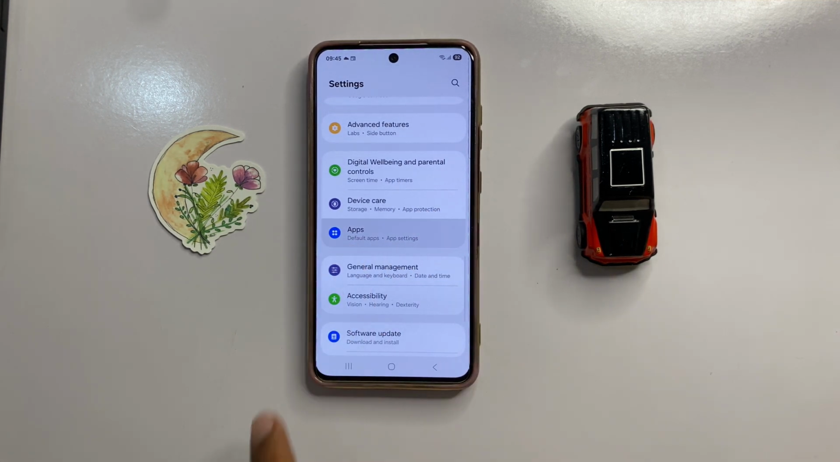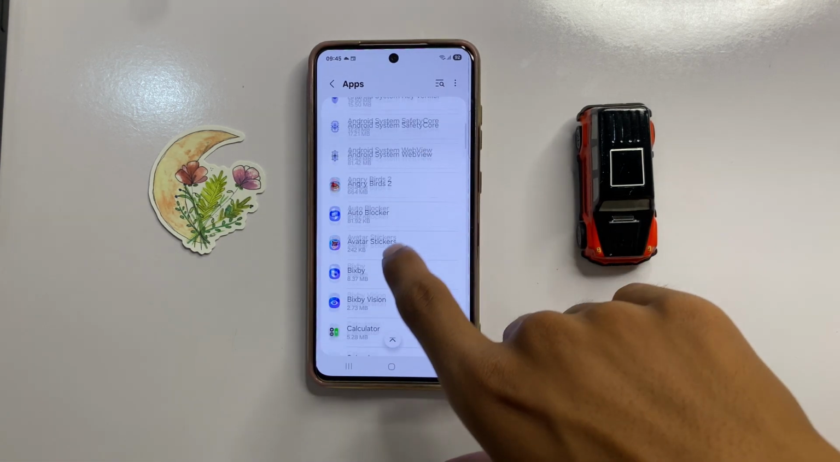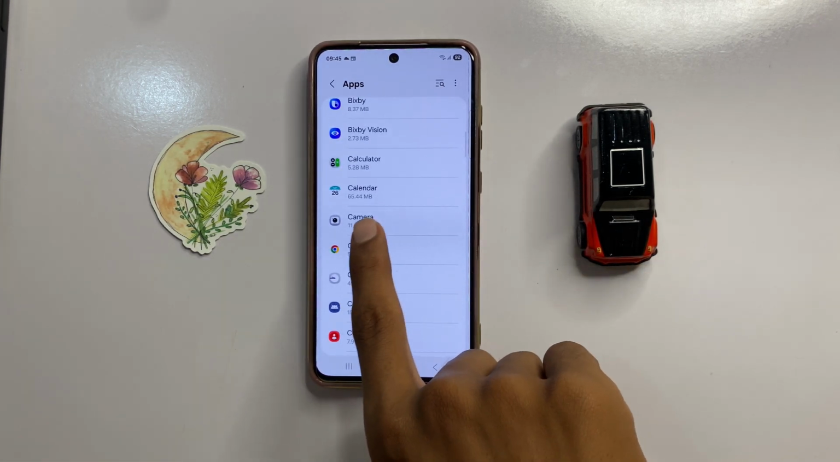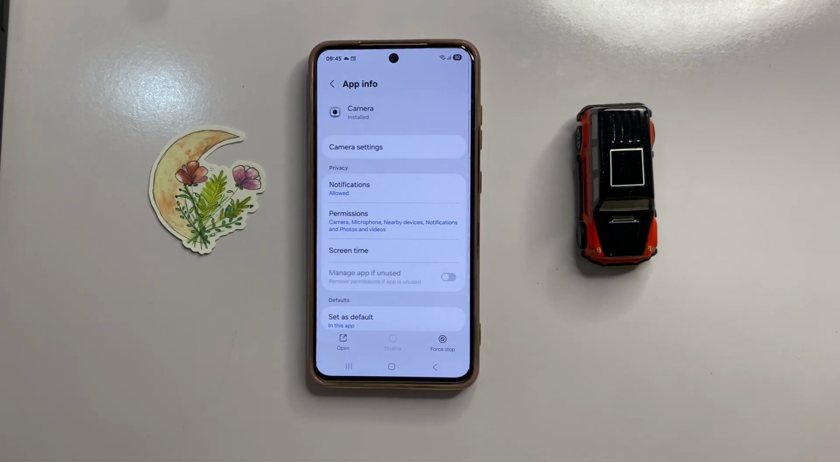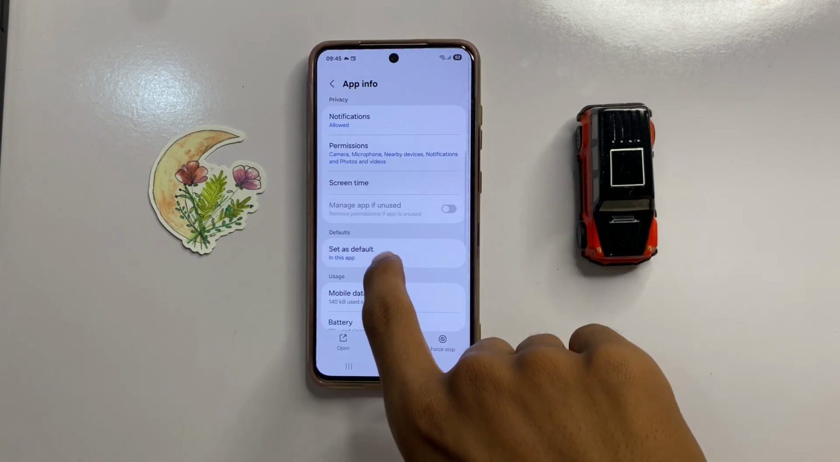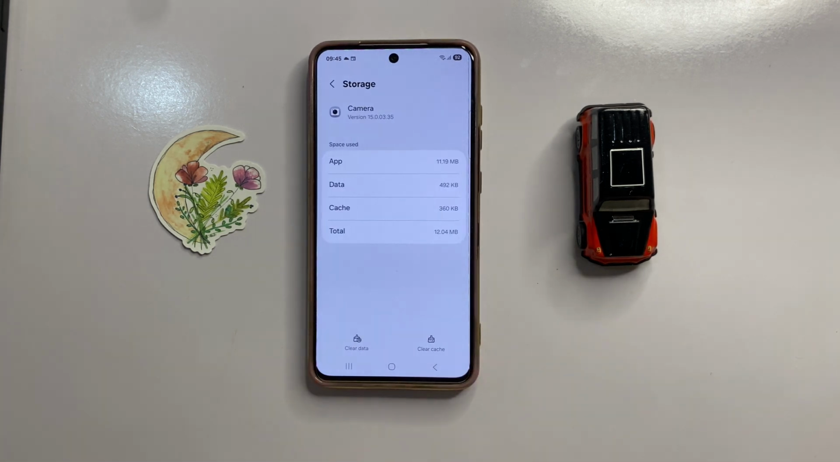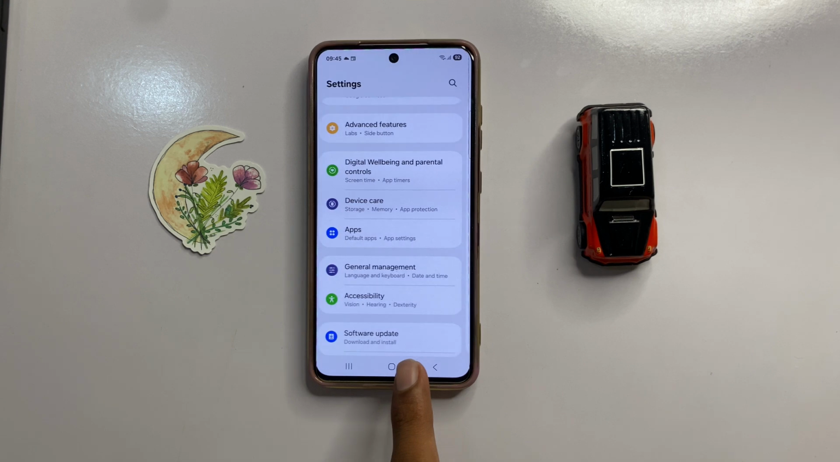Now click on Apps and then scroll down and click on Camera. Now scroll down and click on Storage, and here you can clear the cache memory of the camera. After clearing the cache memory, then go back to the main page of your settings